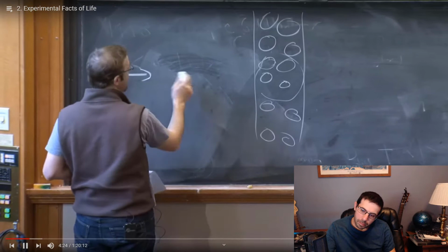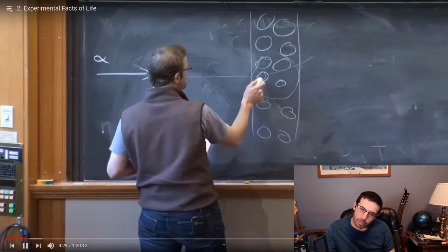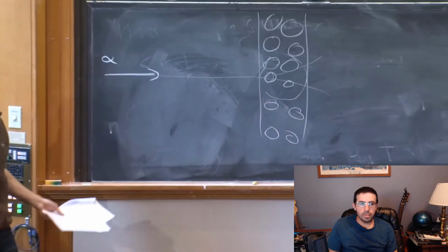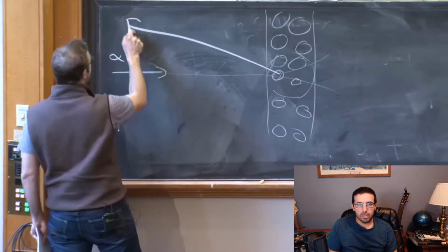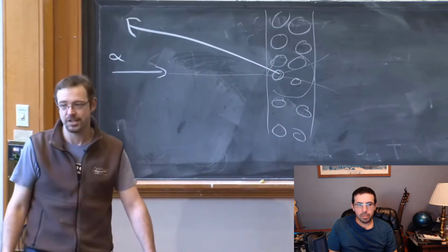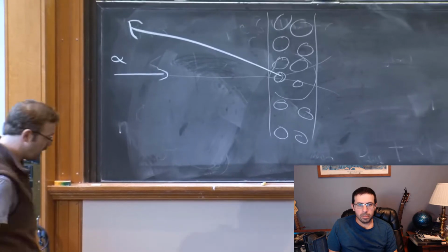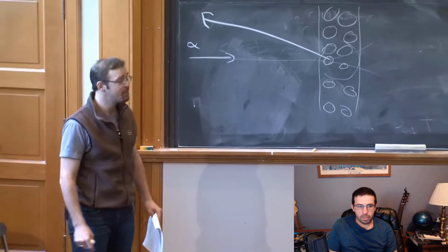And you shoot these alpha particles in, and if you think of these guys as some sort of jellyish lump, then maybe they'll deflect a little bit, but if you shoot a bullet through jello, it just sort of, maybe it gets deflected a little bit, but jello, I mean, come on. And the thing that was shocking is you shoot these alpha particles in, and every once in a while, they bounce back at 100, 180, 160 degrees. Rutherford likened this to rolling a bowling ball against a piece of paper and having it bounce back.